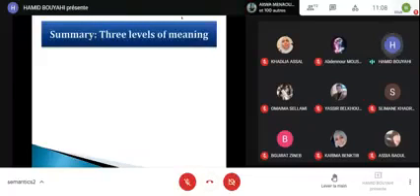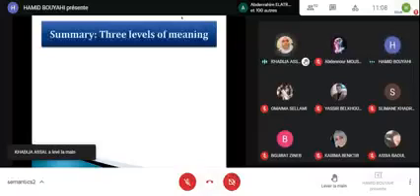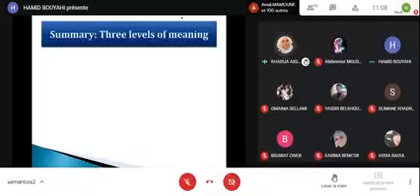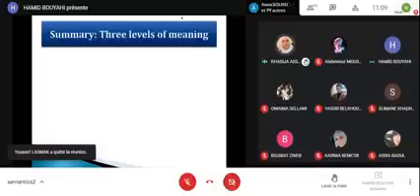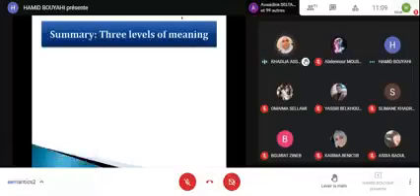So we have talked about 3 levels of meaning. Can someone summarize that? Can someone tell me what we have done so far? Professor? Yes? We have seen the meanings of individual elements within the expression. This is the first level. Yes. In the second level, we've seen the meaning of the expression as a whole. Yes. And then we've moved from semantics to pragmatics and see the context in which this expression was added. Yes, okay, in a sense, yes.